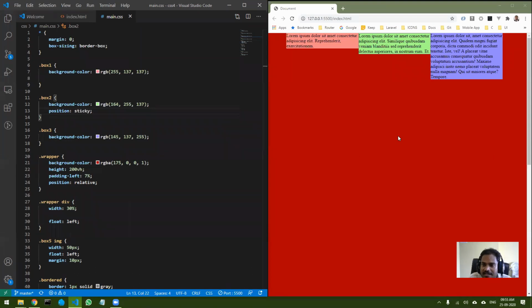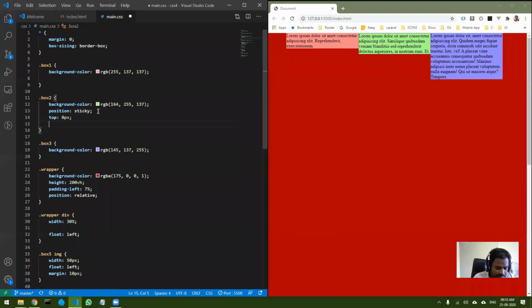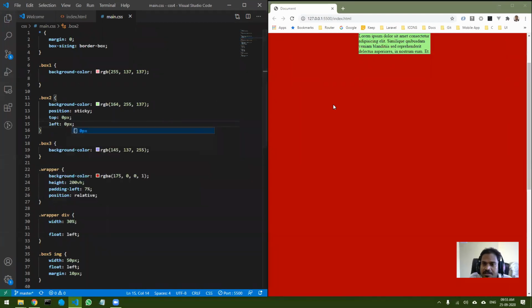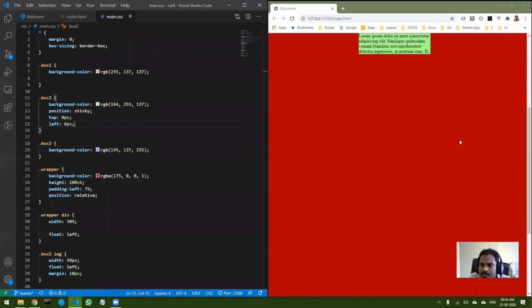But now look at the beauty of this particular thing. Let me scroll this and show you. Let me set the value also, left 0 pixels. Now you can see once I set the position and the dimensions, where I want to set the values, if I scroll, you can see what is the difference.